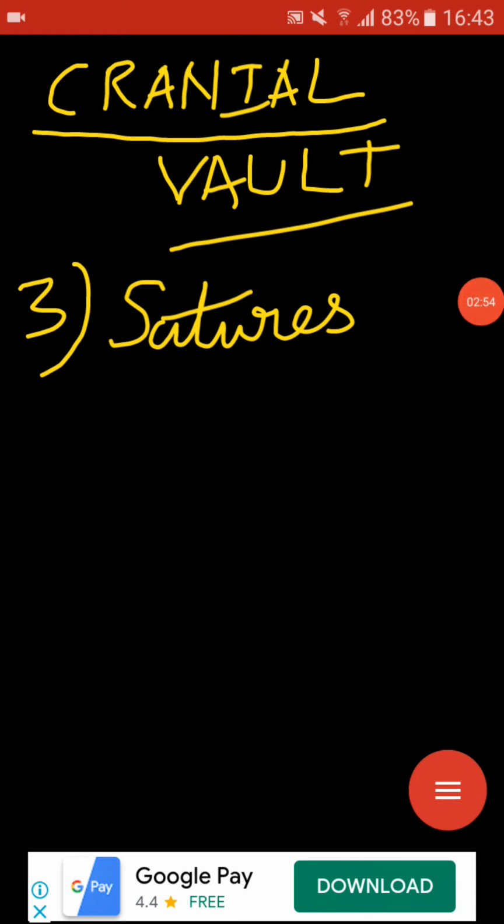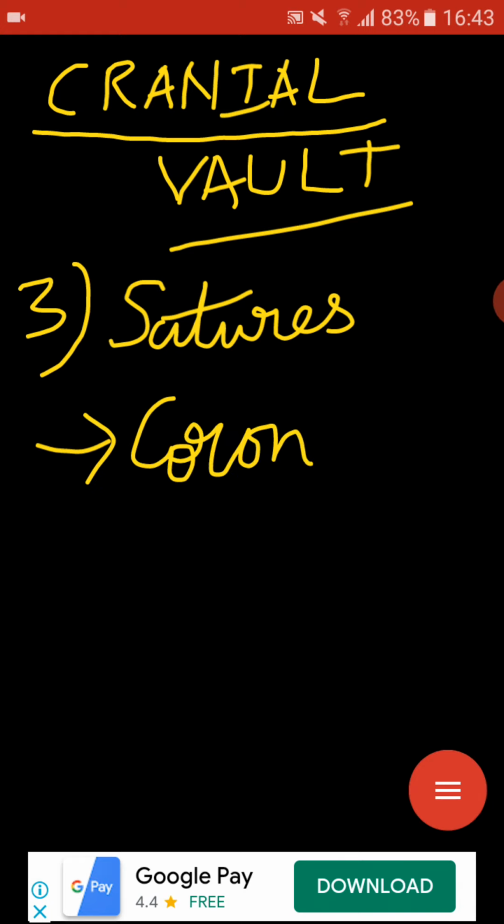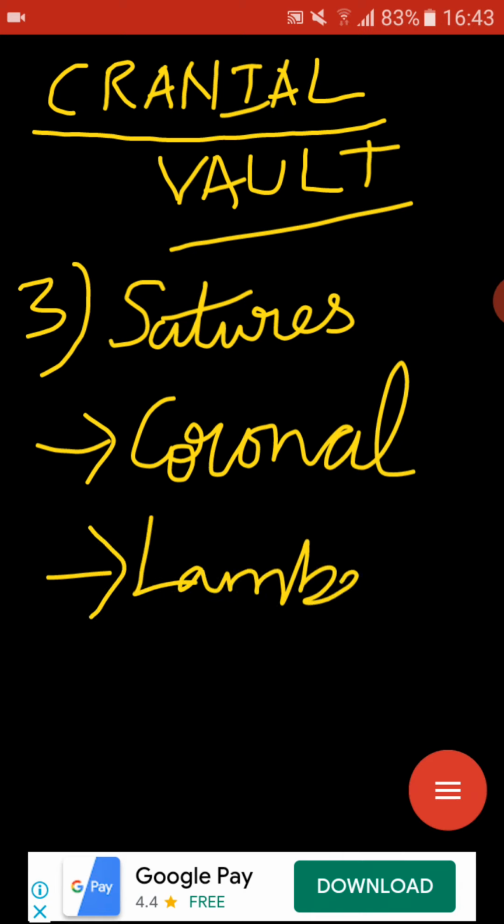So regarding the sutures, the coronal suture and lambdoid suture are very clearly visible in this view. The coronal suture runs forwards and downwards in front of the central sulcus of the brain. Lambdoid suture traverses the posteriormost part of the skull. The obliteration of these sutures begins first on the inner surface and then on the outer surface.